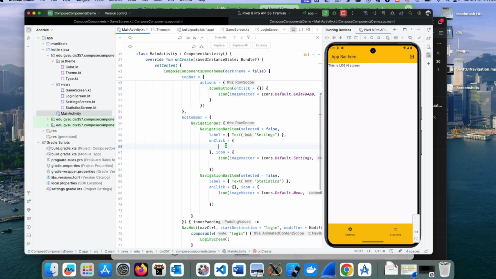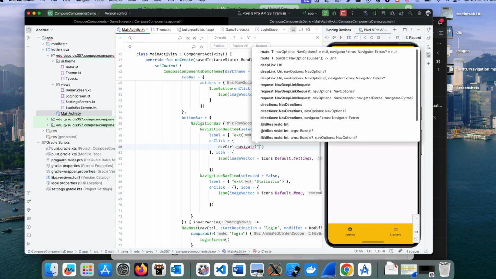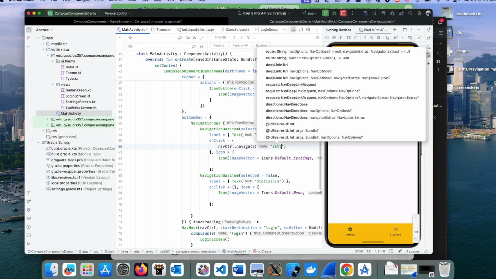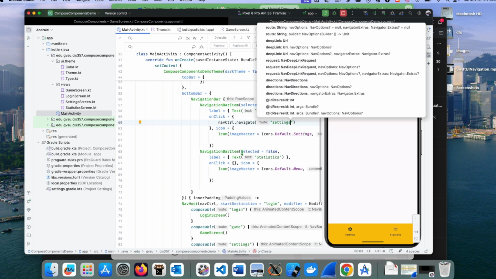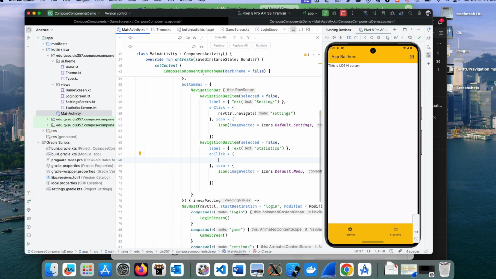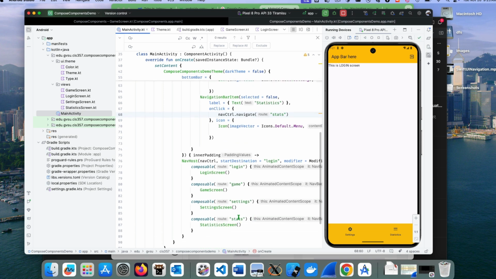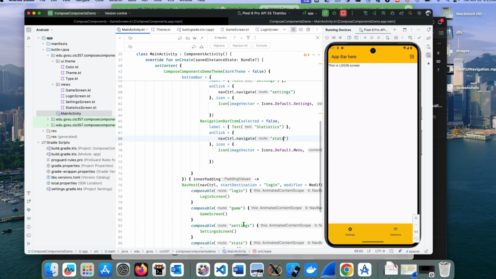So I move it there, and now in my button here, I can say onClick, navController navigate to settings. And likewise, in the onClick of the second navigation bar item, I can say navController navigate to statistic, which is the destination. Okay. Settings, yep, I have the two correct. So if I run again,